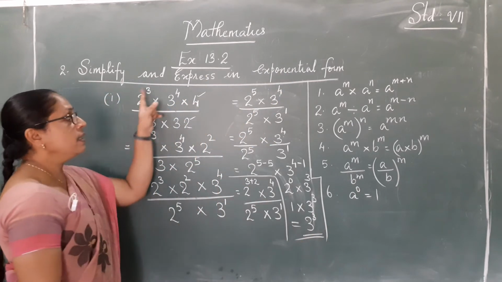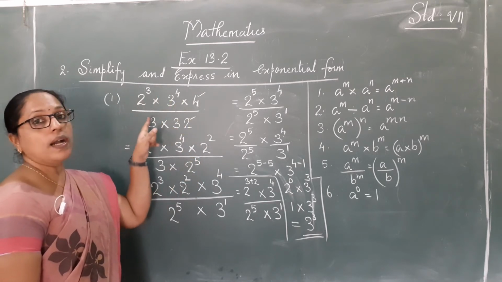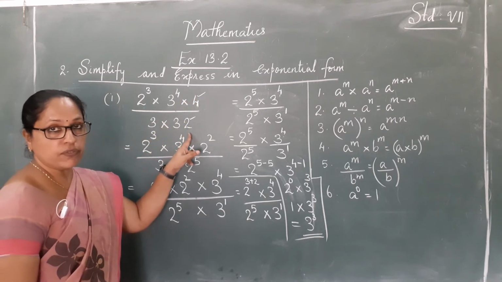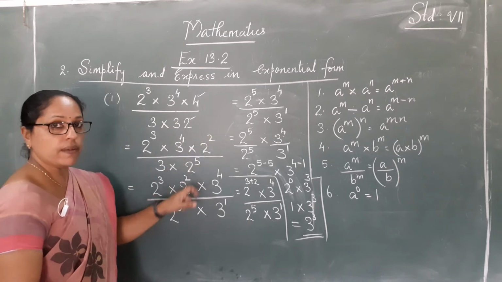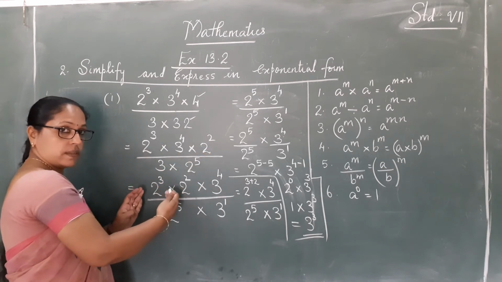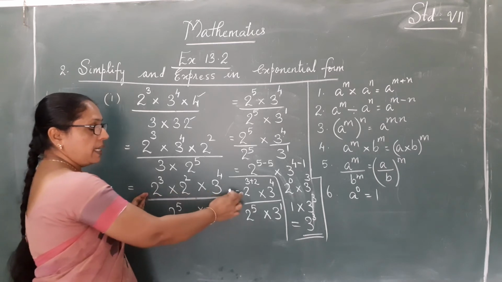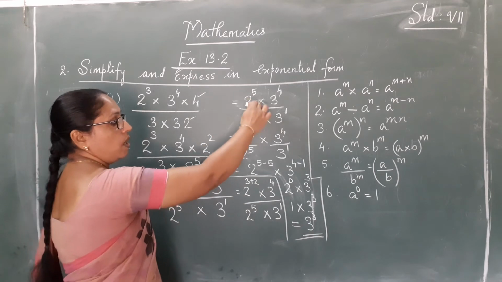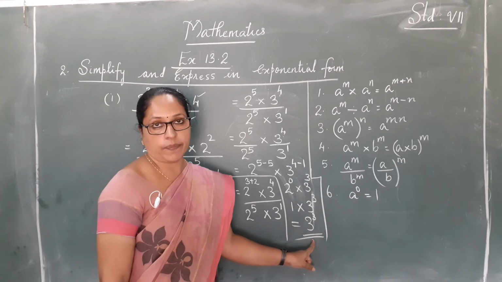So when you get the numbers, powers to simplify, check that all are in power form. Here we had two numbers which are not in power form. So we changed them to 2 raised to 2 and 2 raised to 5. Then in the numerator you have to see bases same, arrange it, and after that use the law. So in the numerator, first law applied, added the powers, and second we applied the division law, subtracted the powers, and we got the answer 3 raised to 3. Okay.